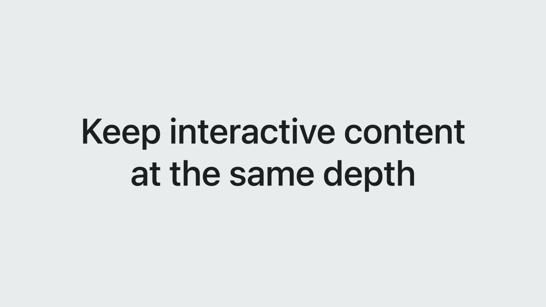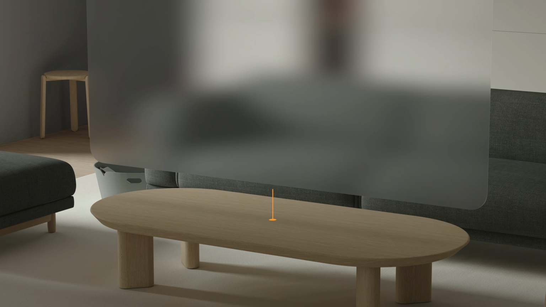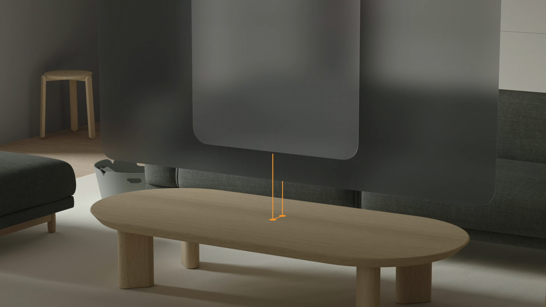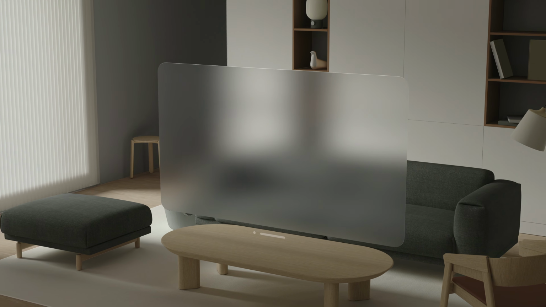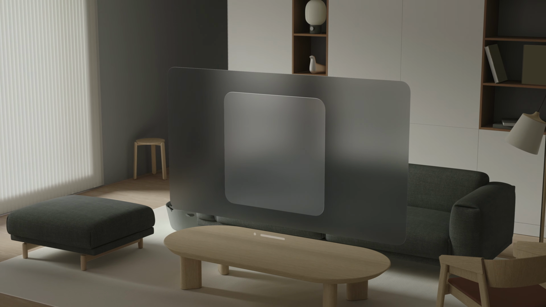Now, we should also consider depth when thinking about eye comfort. Depth is a unique feature of spatial experiences. Placing your content near or far away creates different feelings in your projects. But our eyes focus on one distance at a time, and changing the focus depth frequently can create eye strain. Look to keep interactive content at the same depth to make it feel effortless to switch between UI. For example, presenting a modal view pushes the main view in the Z-axis, and the modal is placed at the original distance. By maintaining the same Z position, your eyes don't need to adapt to the new distance.